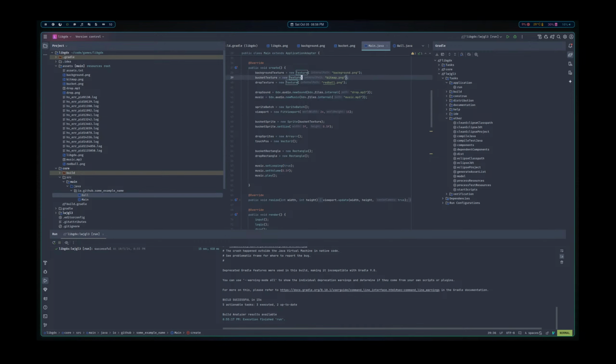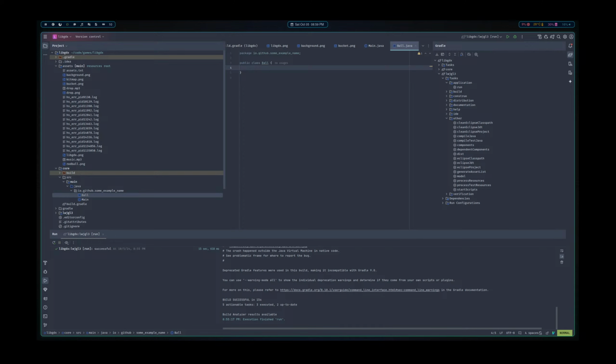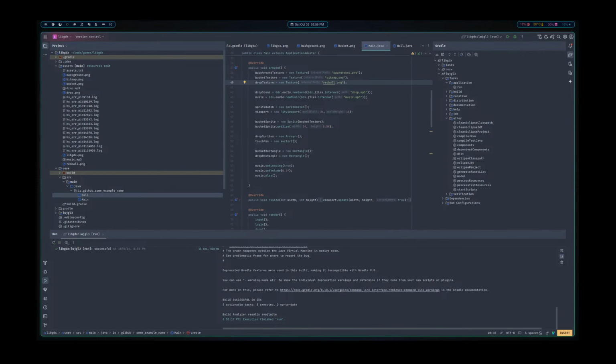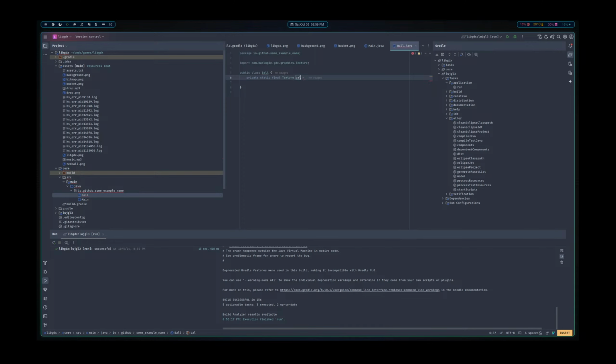Okay, and we're going to need a ball texture. Okay, private static. I guess it could be private static final texture, ball texture